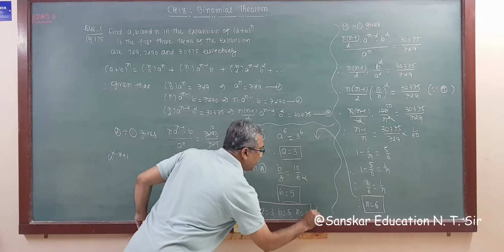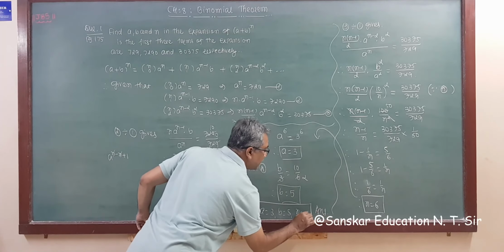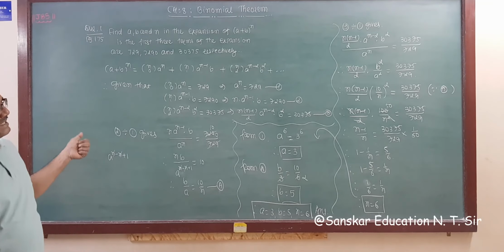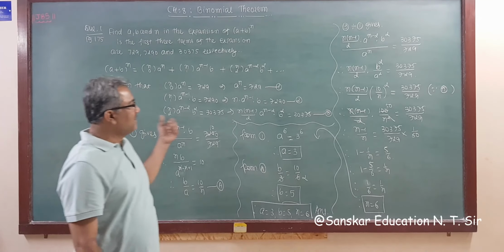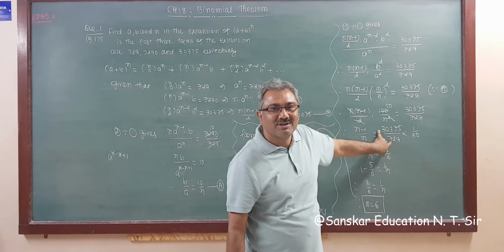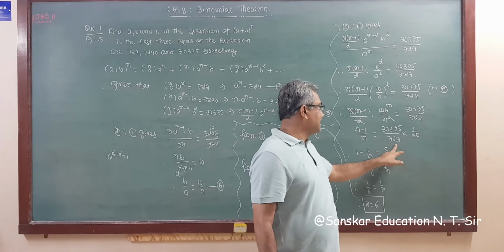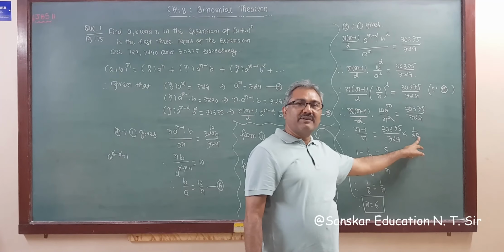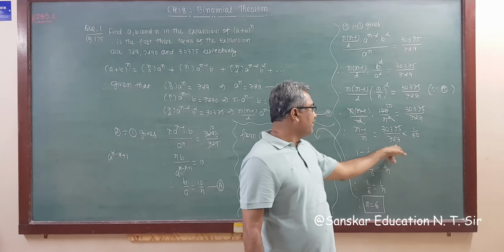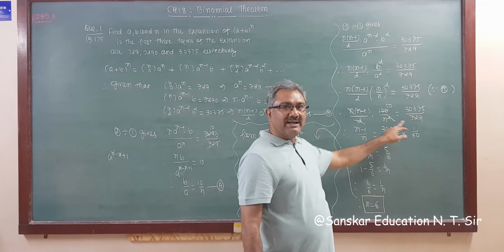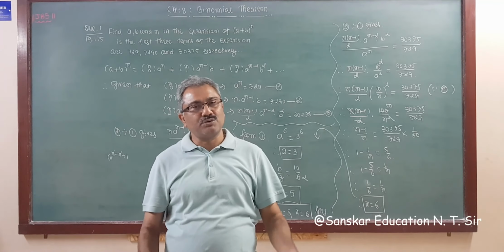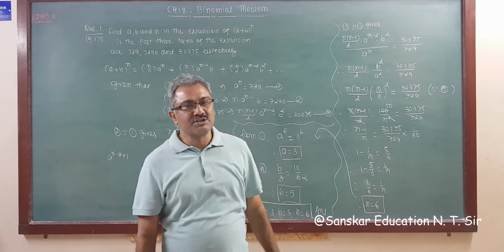So this is your final answer. You have to practice this type of question, because I am writing the simplification directly, and you have to remember it also. This is 3 raised to 6 and this is 25 into 2. So 3 into 2 is 6, and after considering this with 25 you will get 3 raised to 5. So you have to simplify yourself.